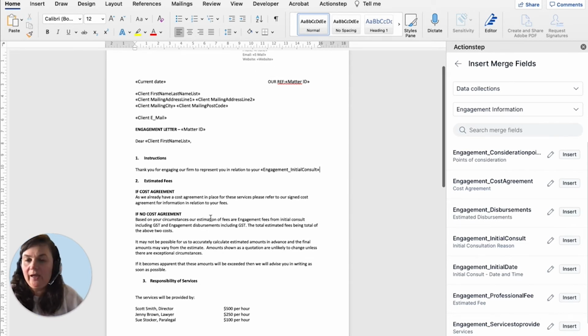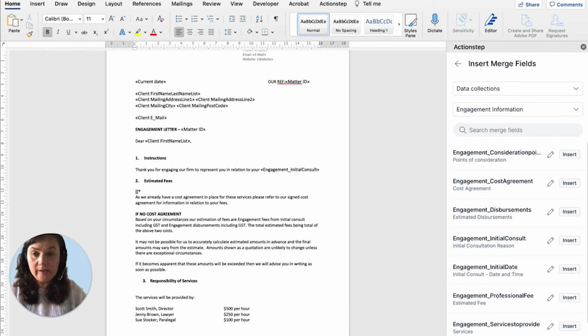Okay, now what we want is if there's a cost agreement already in place, we want this paragraph. However, if there's no cost agreement already in place, we want this paragraph. So what we're going to do here is do what we call a conditional merge field. Now all of this is in those user guide articles that I have sent, that we will send out with this webinar, is if